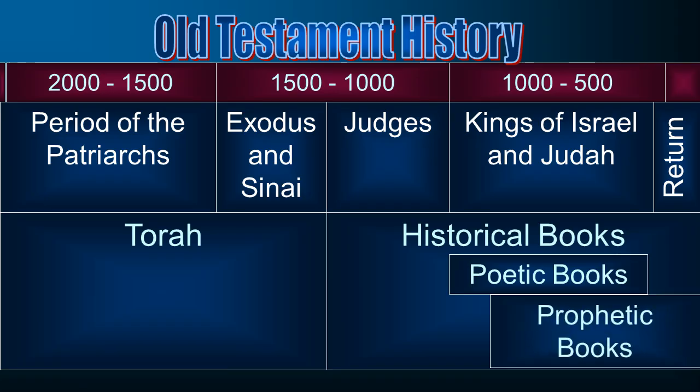And next we have the prophets. Now, you have prophets earlier than this, but they're not writing the written prophets like Isaiah and Amos. They're all writing during the period of the kings of Israel and Judah and during the period of the captivity, like Daniel and Ezekiel, and after the Babylonian captivity, when they've come back into the land. And so I have Haggai and Zechariah and also Malachi. Those three books are what we would call post-exilic, after the exile. Now that's the Old Testament in both its writing and the historical framework when the books are written.